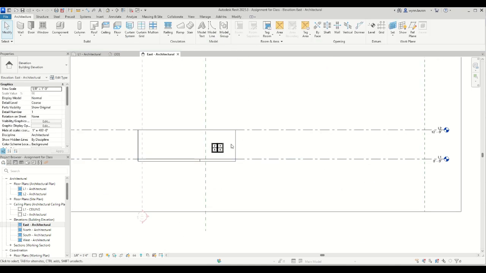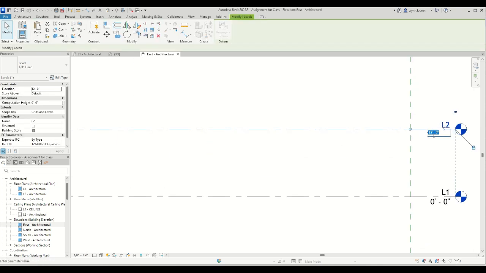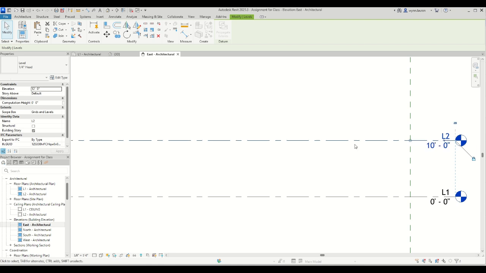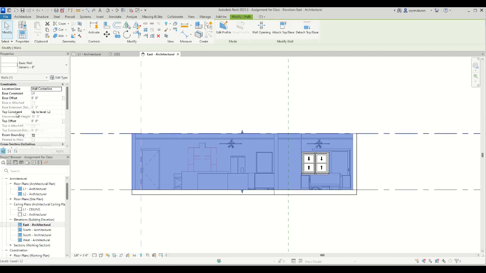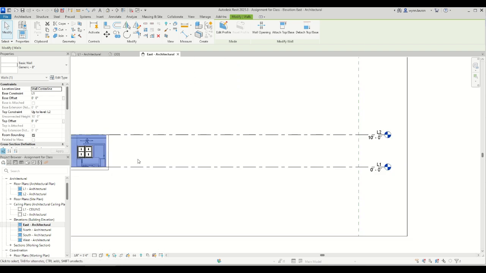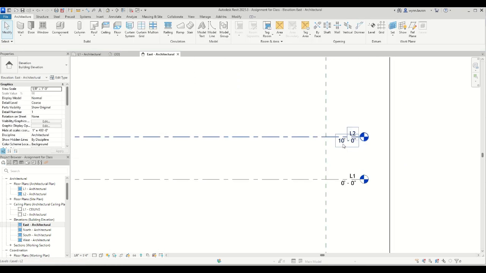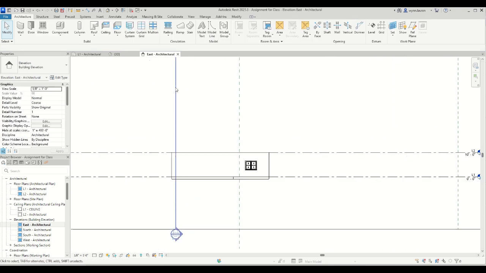The nice thing about doing that is that now if I do change this to 10 feet, okay, I'm like, oh no, I actually wanted that to be 10 feet. Look, my wall is automatically updated because I essentially coded them over here to project up to a top constraint of level 2. So they're going to go wherever level 2 is defined at. So just a handy little trick there. Anyways,